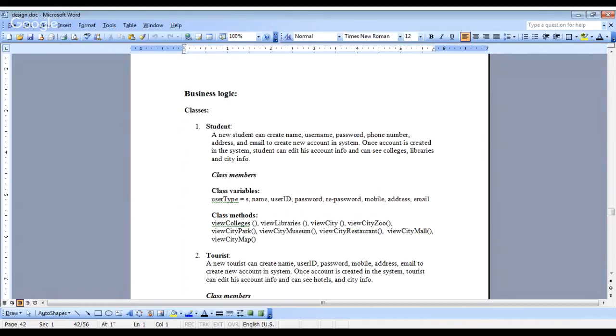So the class members will include the class variable user type first of all, because we have specified that each user will be of some user type. So for students, let us assign a user type as S, and then a name for each student, then user ID, password, repassword, mobile number, address, email, etc. So these are the main class variables or attributes, and the class methods will include